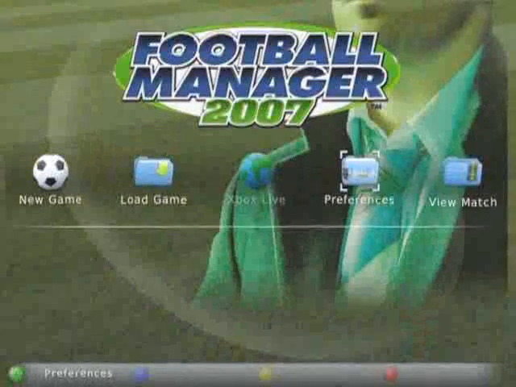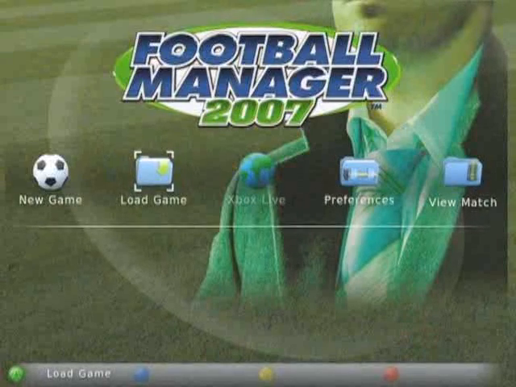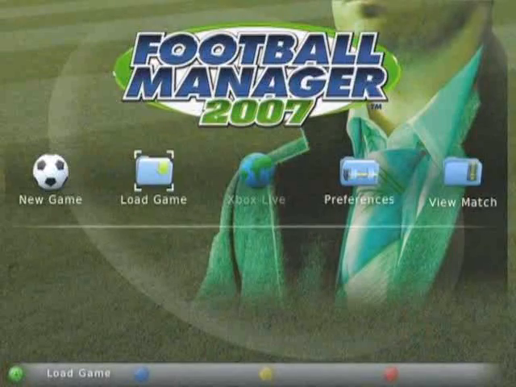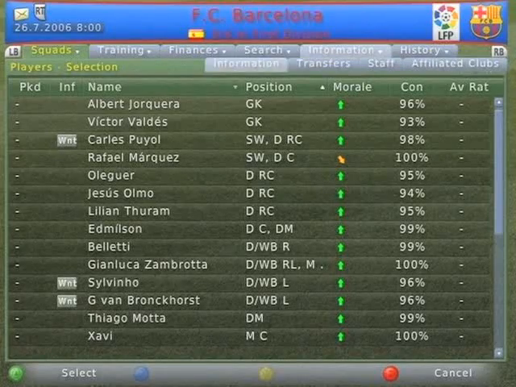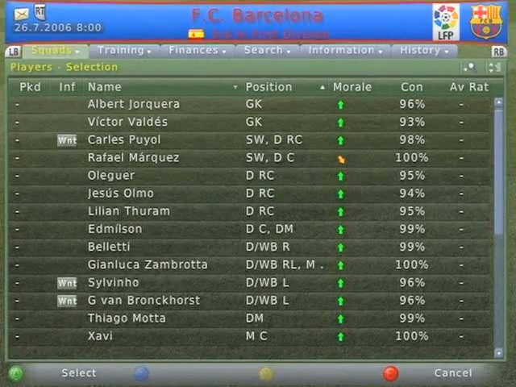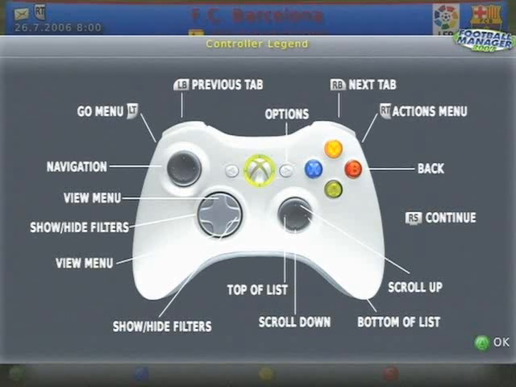With so much information at your fingertips, it's important to know the control system and how to access the pages you need to view in as quick a time as possible. We've taken a lot of feedback from our fans and used this to help improve navigation around Football Manager 2007 on the 360. All of the buttons on the pad serve a purpose, and knowing what each button does will help you enormously. If you have a minute or two, it will be worth familiarising yourself with some of the